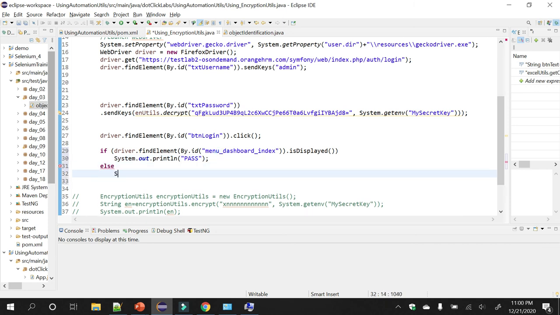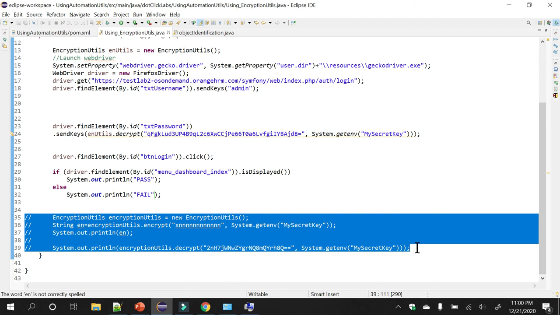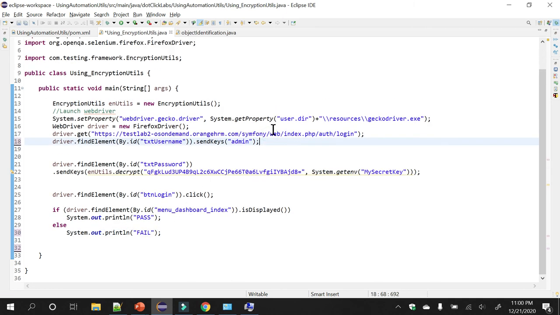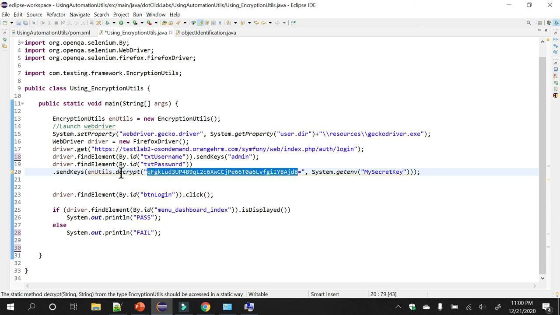Here I'm just using if else blocks. Else fail. So that's it, right? I can remove this. This is done. So now you are not able to see my username or my password. I just encrypted it and used it, and got it back using the decrypt method.